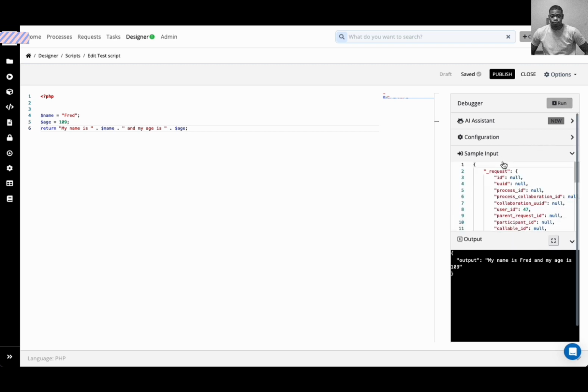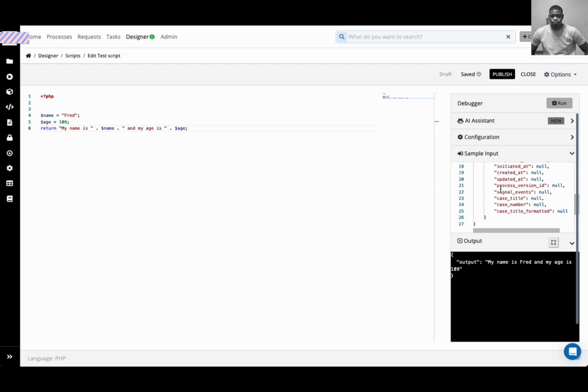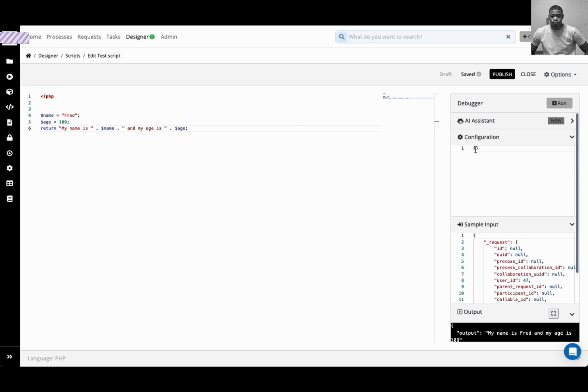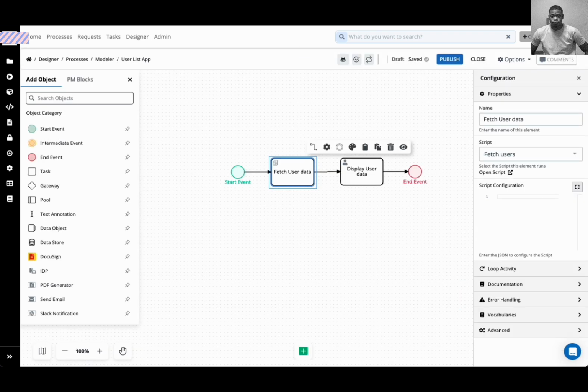There is sample input here which you can use to play around with data. There's also configuration data which you can also play around with. Maybe I'll do a different video around this, but this is a way for you to simulate data that might already be in the process that you want to use in your scripts, and you can play around with it that way. So now that you have a small introduction to scripts, I will go back to my process,